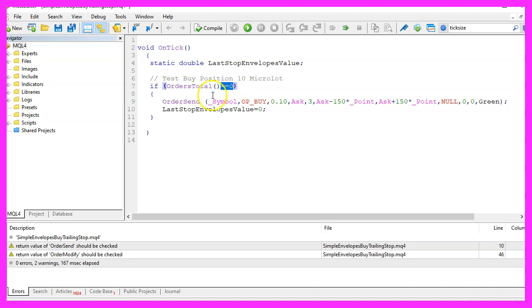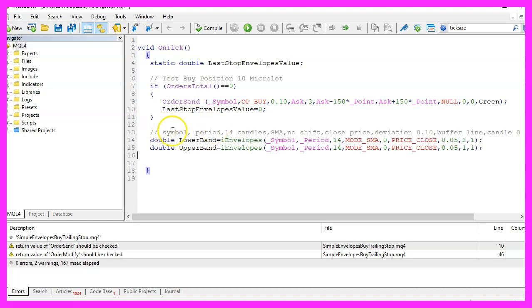That would mean we have no open position, and in that case we use order send to open a buy position for 10 microlot. Of course we need to reset the value for the last stop loss, because with a new position we need a new stop loss level.